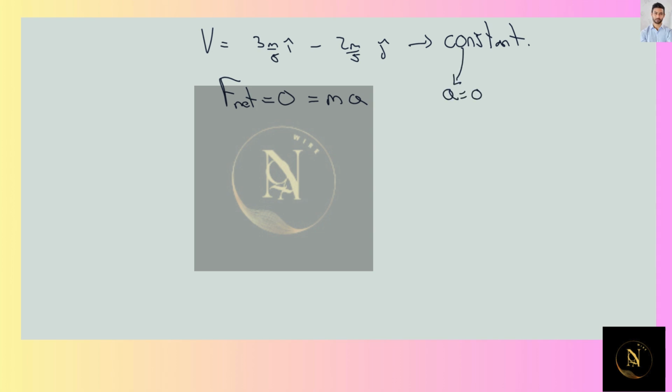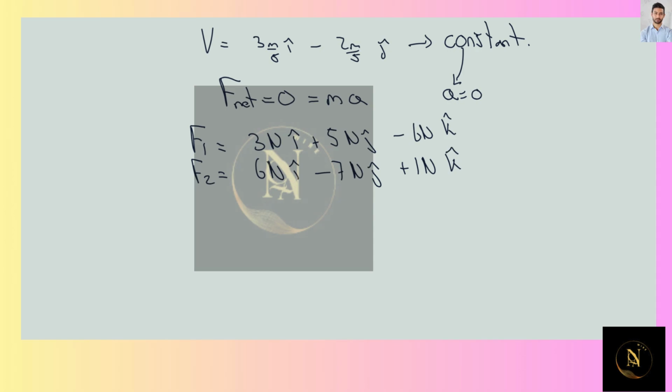Over here, we're told that two of the forces that are going to be applied are going to be known, force 1 and force 2. Force 1 is going to be 3 newtons in the I direction plus 5 newtons in the J direction minus 6 newtons in the K direction, while force 2 is going to be equal to 6 newtons in the I direction minus 7 newtons in the J direction and plus 1 newton in the K direction. So with this, we want to know what is going to be the x component of F3